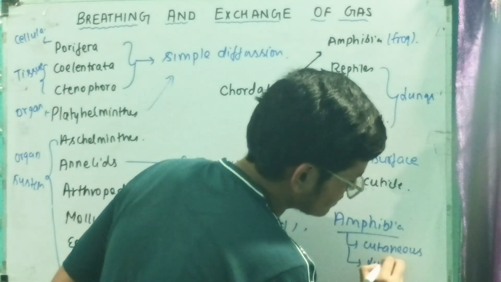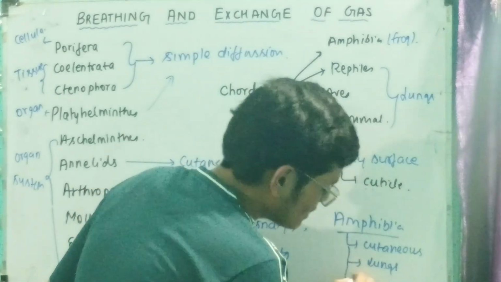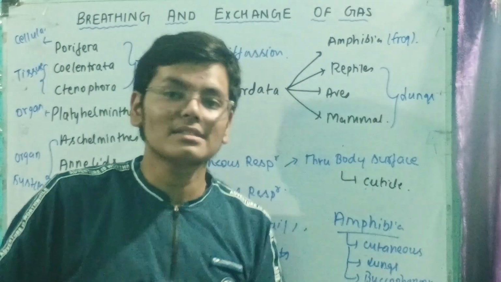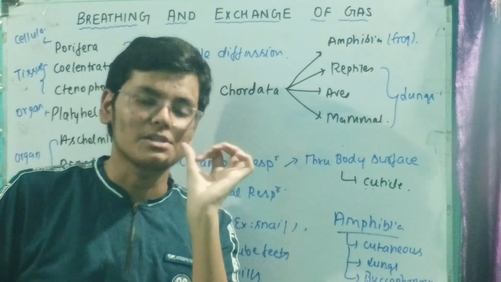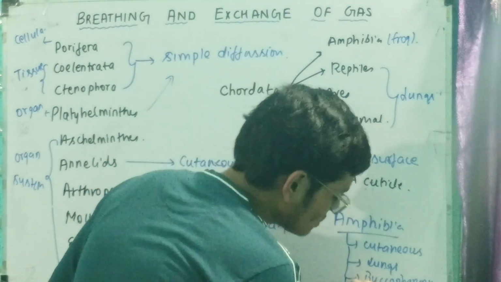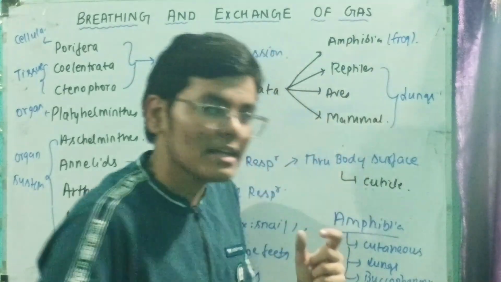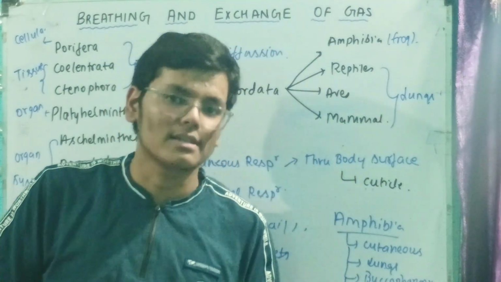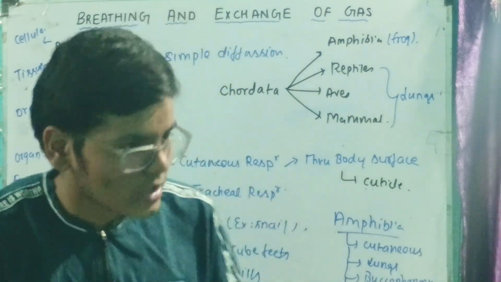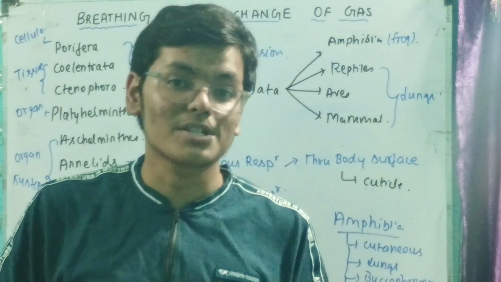They can also use lungs. When they are on the land, they can use lungs for the exchange of their gases. They have buccopharynx. What is buccopharynx? Inside their mouth, when they open their mouth, there are some structures present inside the buccal cavity which also help them in diffusion of gases, and also gills in the tadpole stage. When their larva, that is the tadpole, is born, the larva is present under the water, and they have gills as their primary structure.